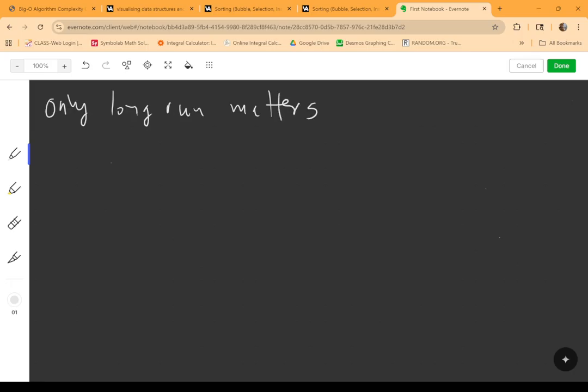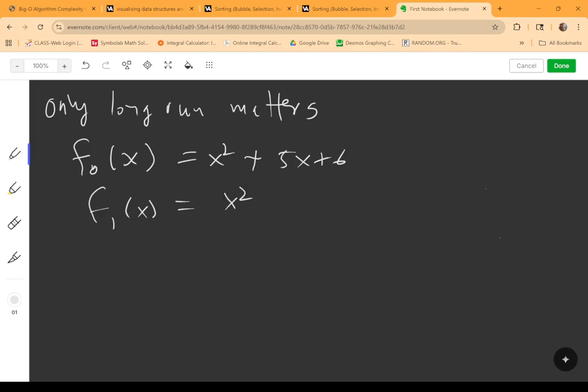All right, so if we have, let's say, our functions, f0(x) equals x squared plus 5x plus 6, and f1(x) equals x squared, right? Now we could plot both of these, and we could see, well, one of them may look kind of bigger to begin with, but if we think of x as it grows